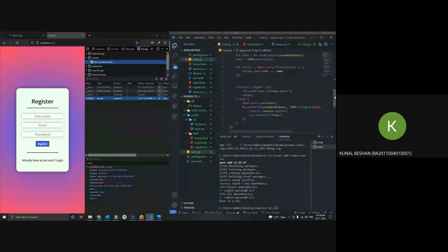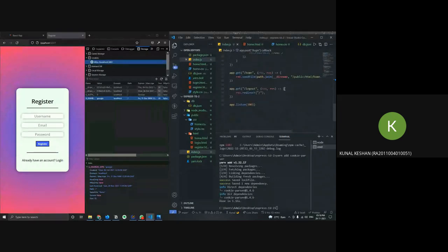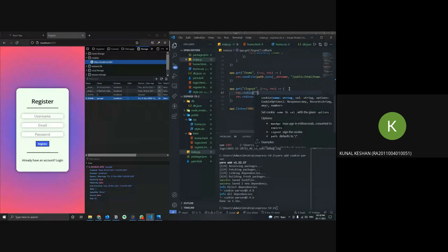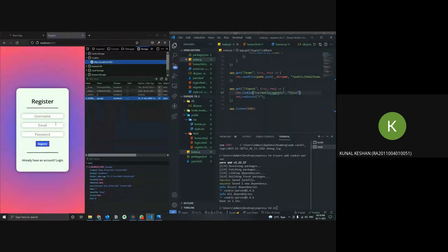Else, suppose when the user is logging out, I'll just put res.cookie with the same name, and I'll put it as false. Okay, so if I go to my login